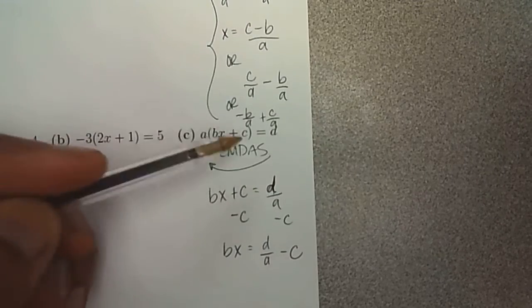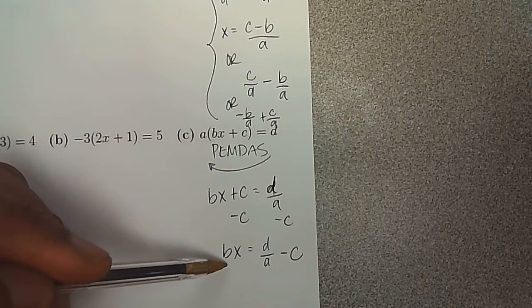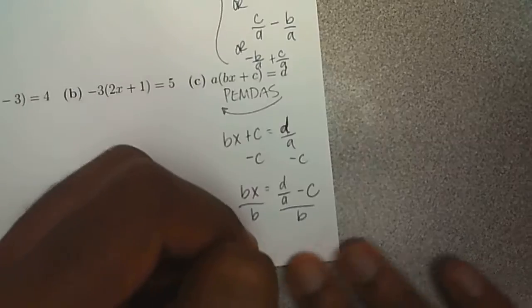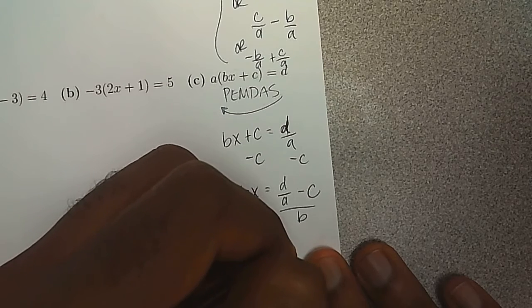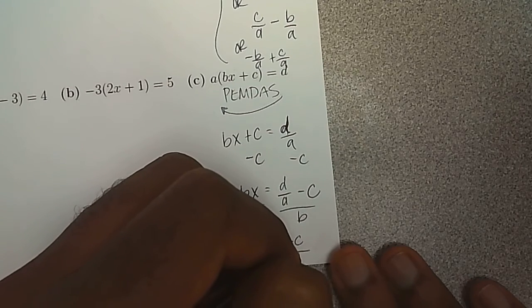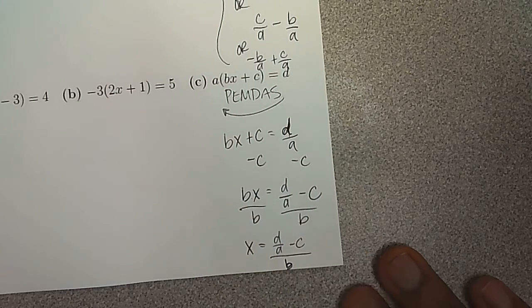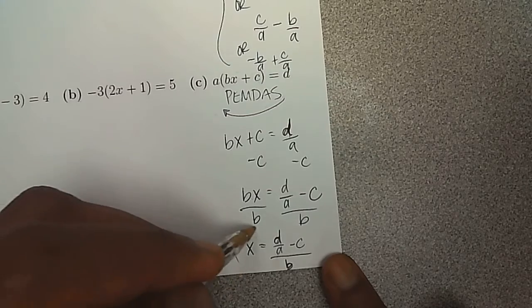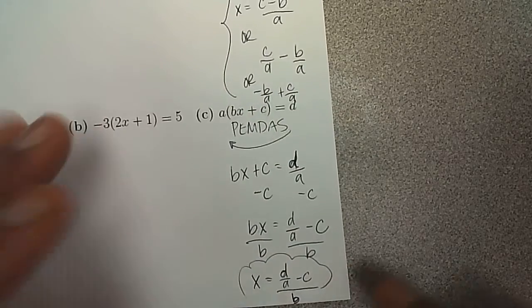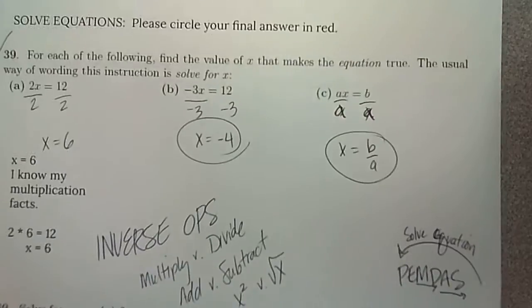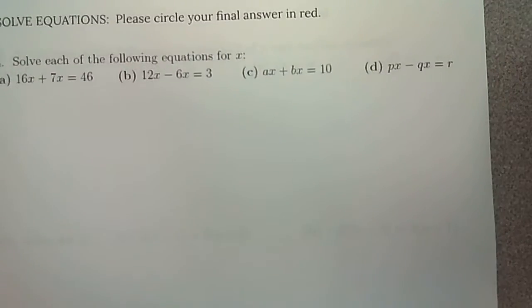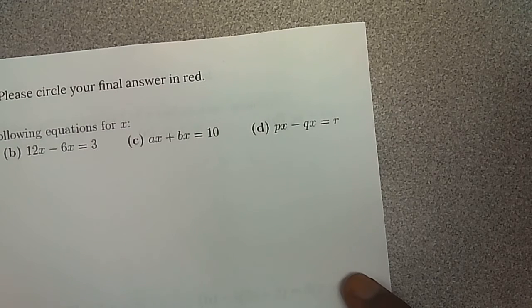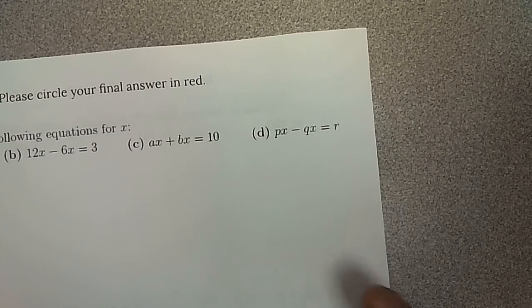So working my way back, I don't have subtraction or addition, but I have multiplication. The opposite is division. So D over A minus C all over B. There are multiple ways to write this. So if you have a different form, you may be correct. All right. I really want to see what you come up with for C and D, but to help you with solving that,